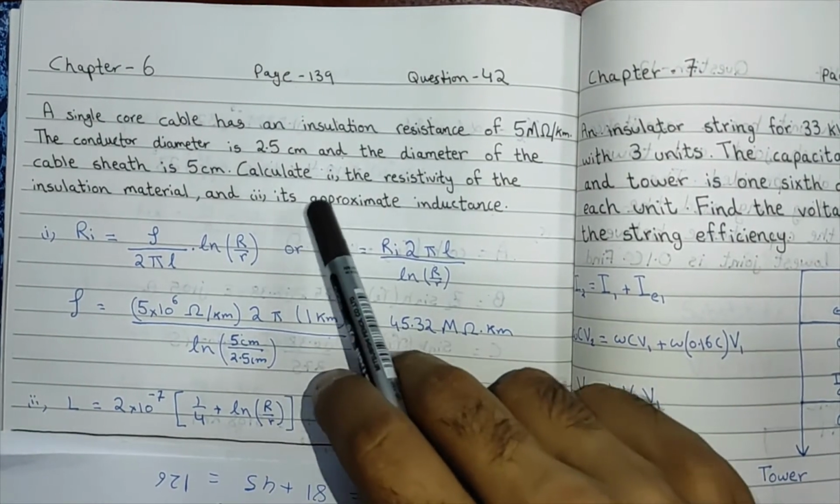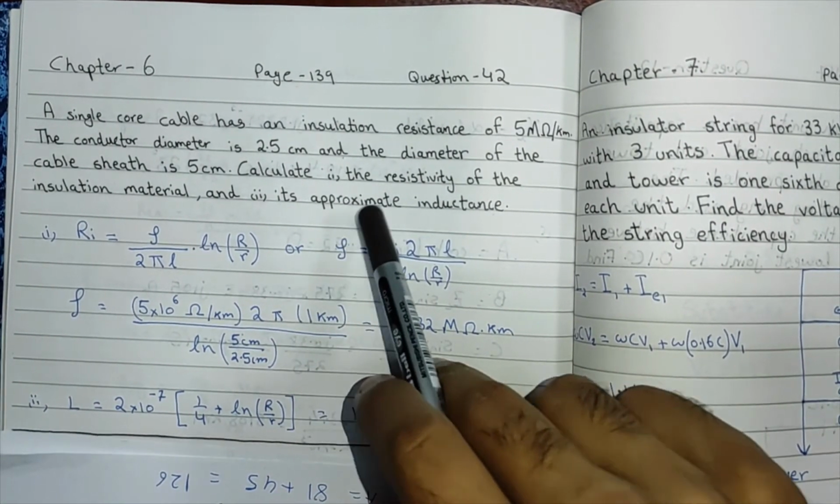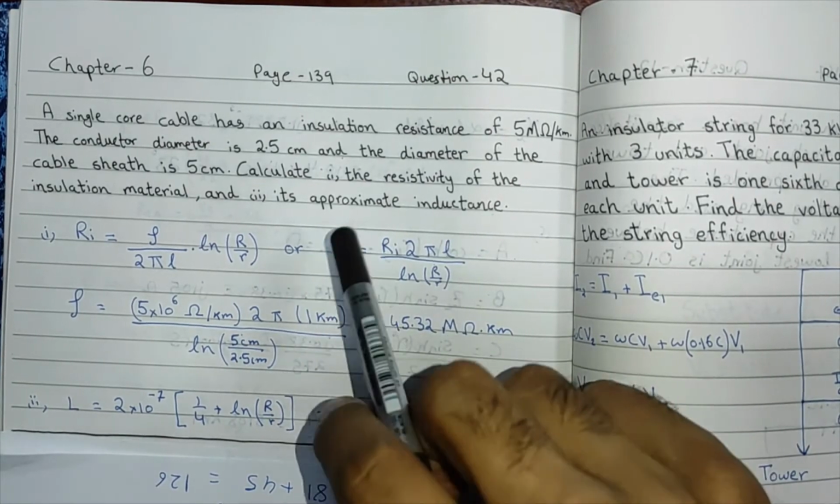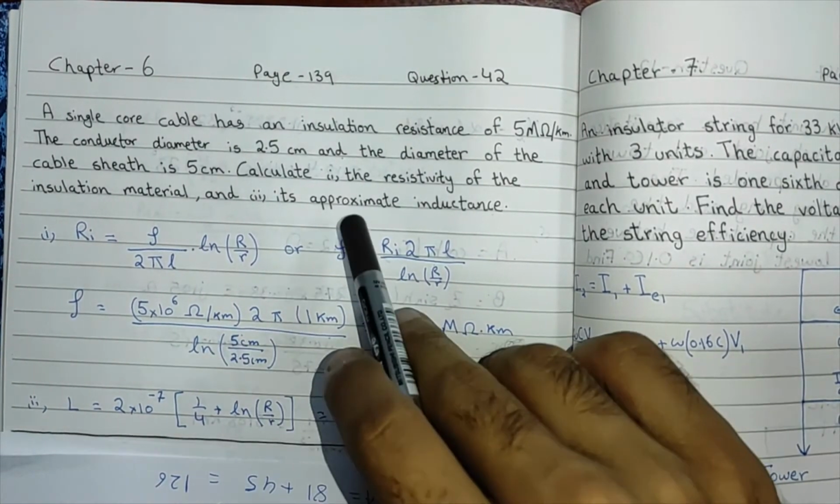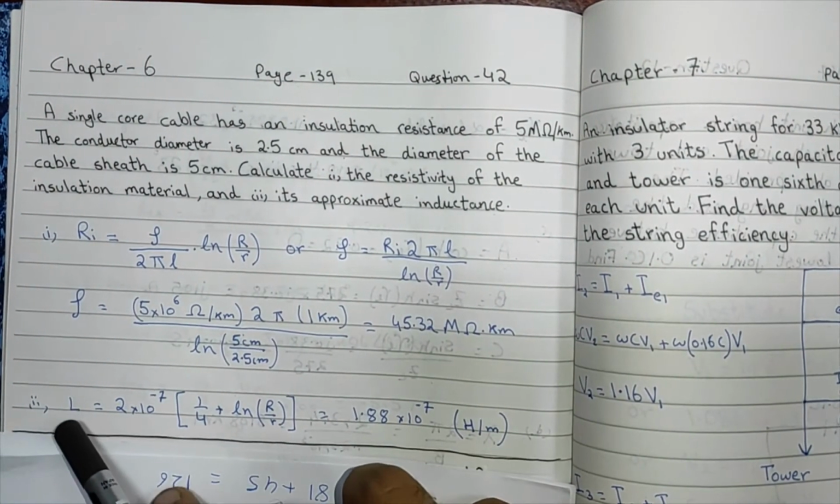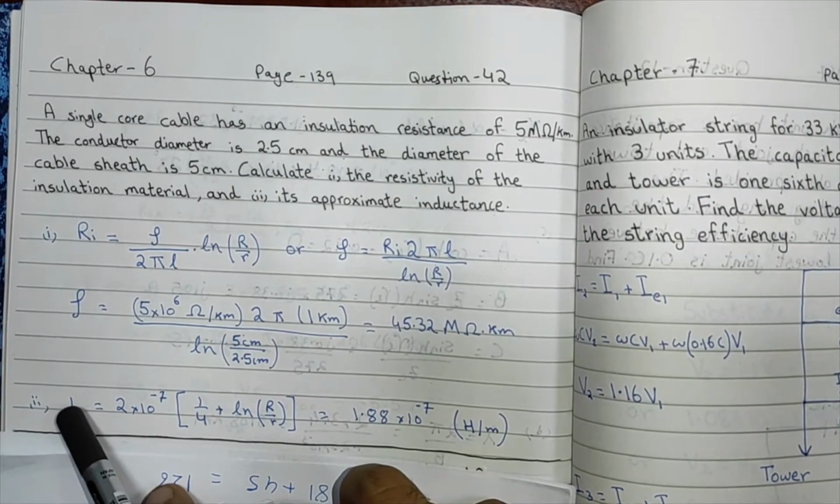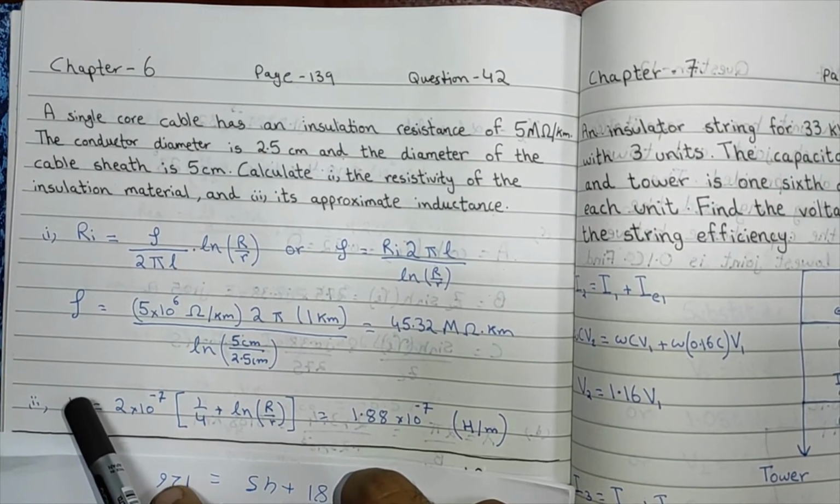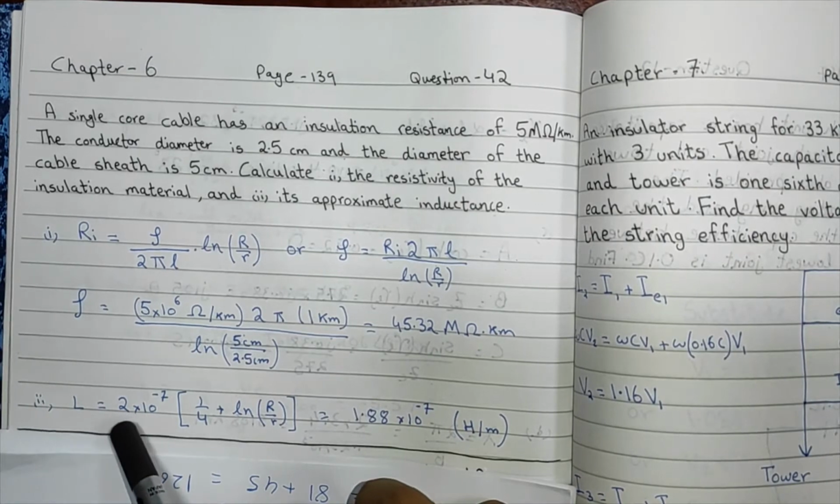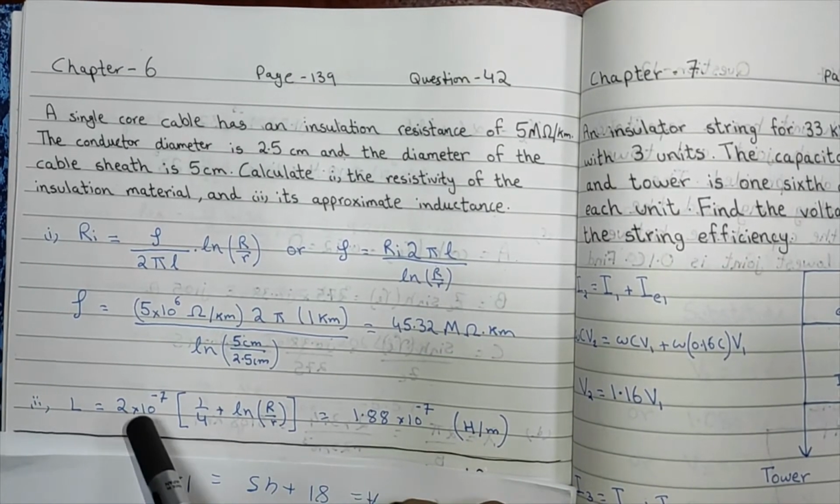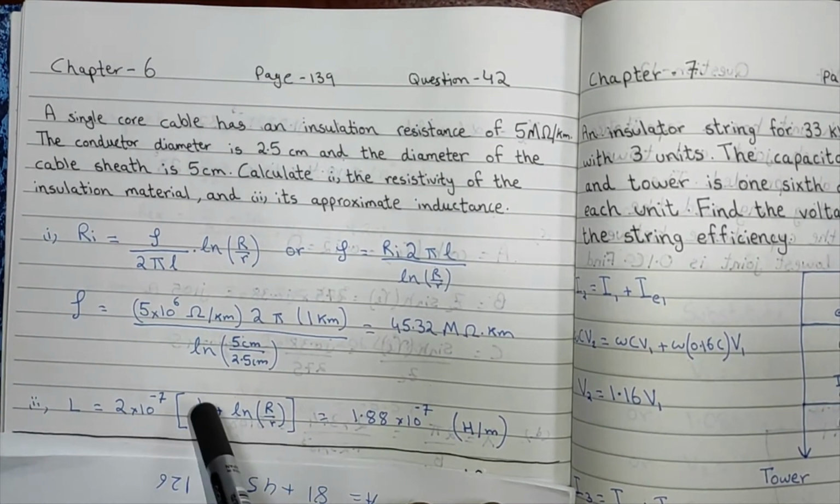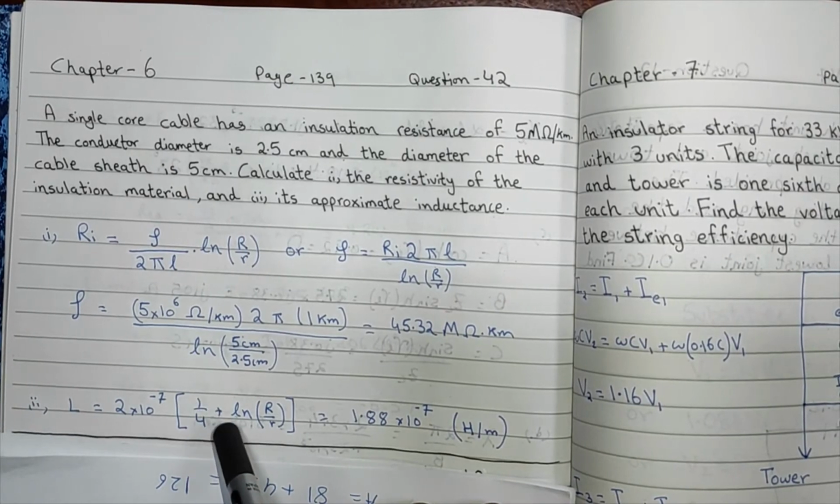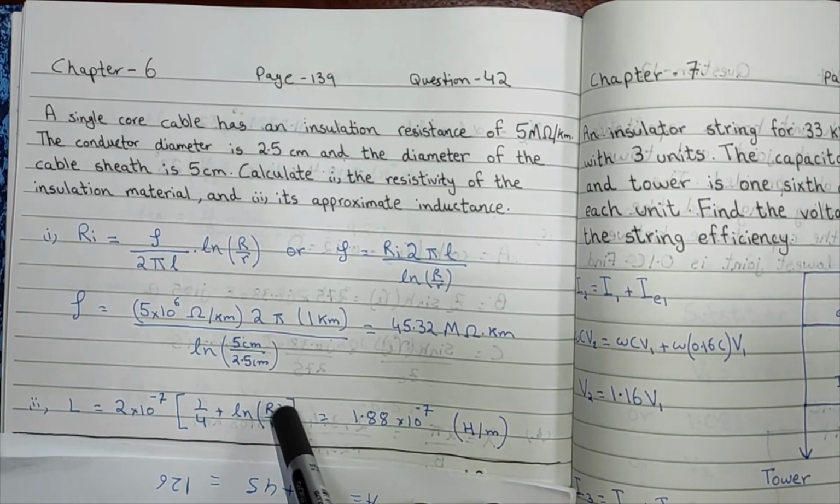In part 2 of the question, it is asking you for the approximate inductance. The derivation of the approximate inductance is also available in the book. It says that the approximate inductance of the cable will be 2 multiplied by 10 to the power minus 7 times, in square brackets, 1 over 4 or quarter plus the natural log of sheath radius over